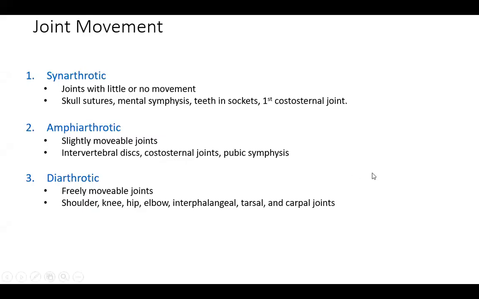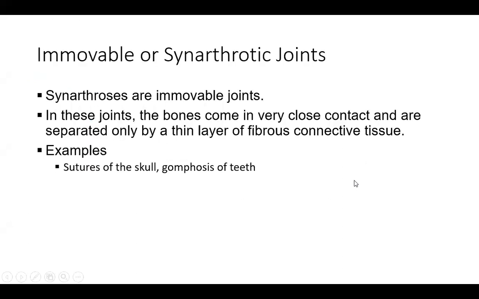Let me get back to sharing the screen. So those are the freely movable joints. A little detail here, the immovable joints are the synarthrotics. They are separated by a very thin layer of connective tissue. The bones in here, like the bones in the skull, have a very thin layer of connective tissue helping to